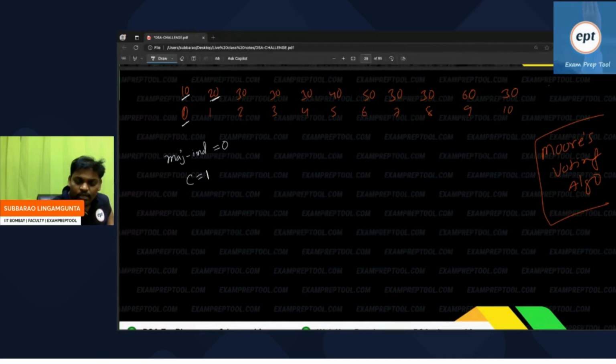If it is equal to the next person, then the count will increase. So ask the next person: compare the majority element, whose index is 0, that is A of 0, with this person. If both are equal, the count is incremented. But if both are not equal,